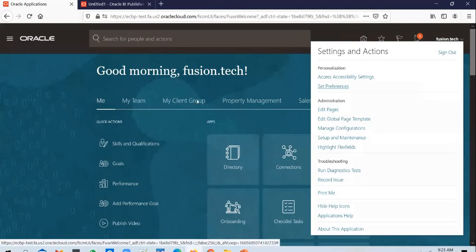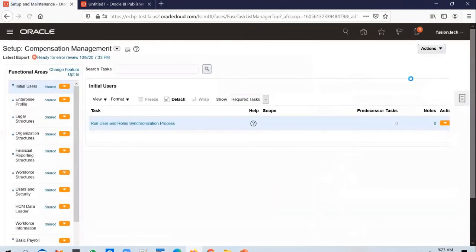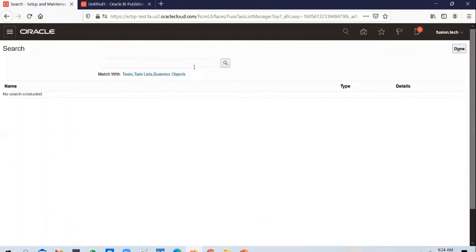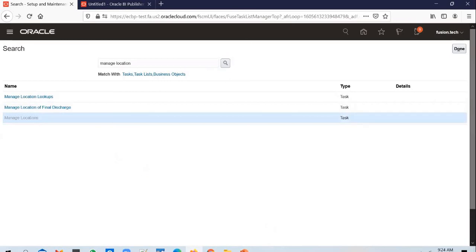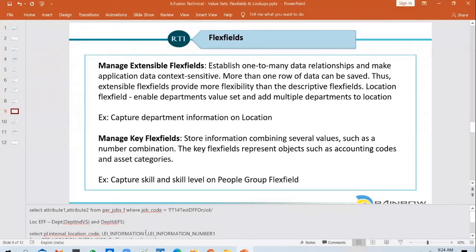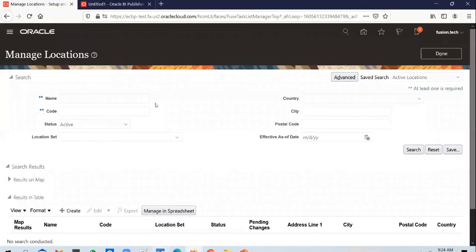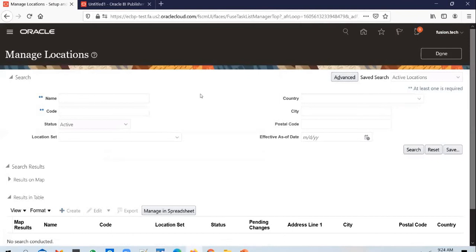Okay, so you go back to the manage location screen, setup and maintenance. And we can create a location. Let's create a new one.